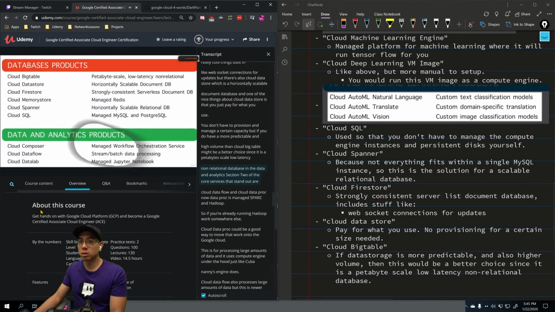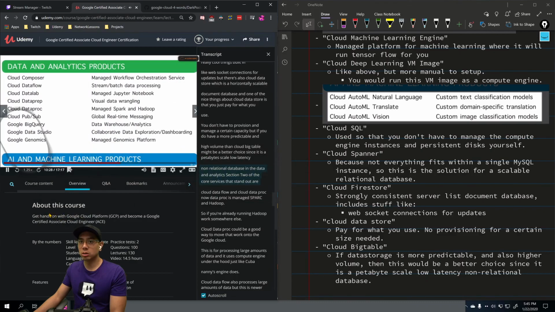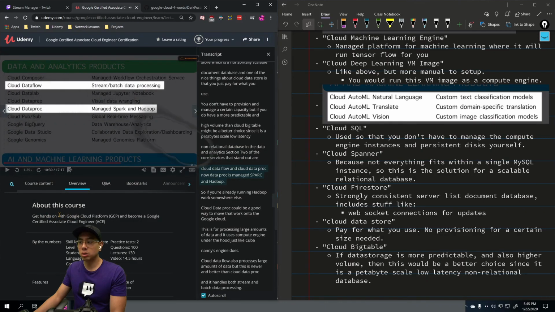non-relational database. In the Data and Analytics section, two of the core services that stand out are Cloud Dataflow and